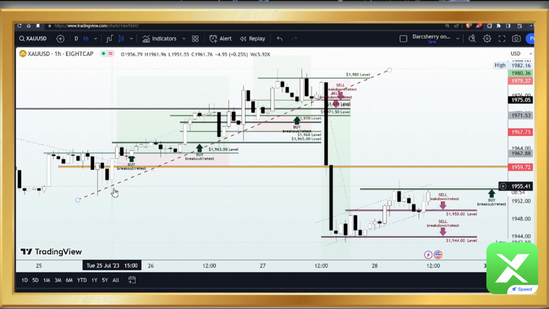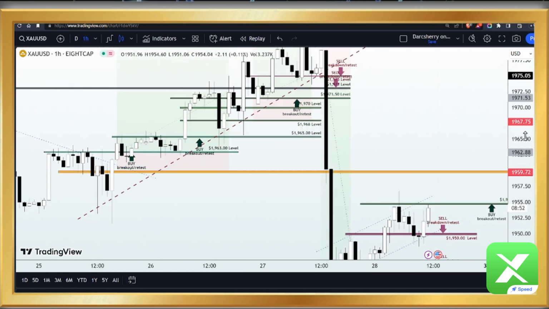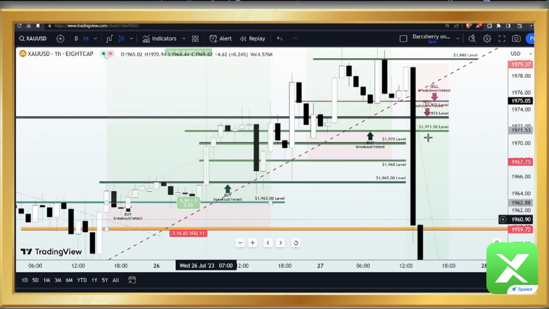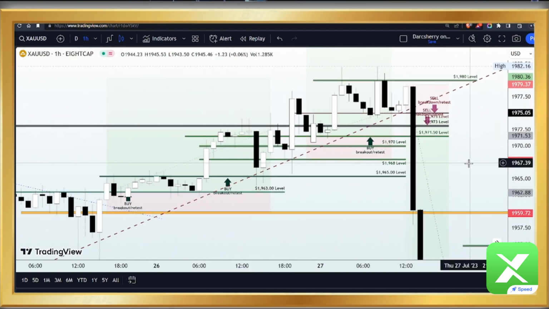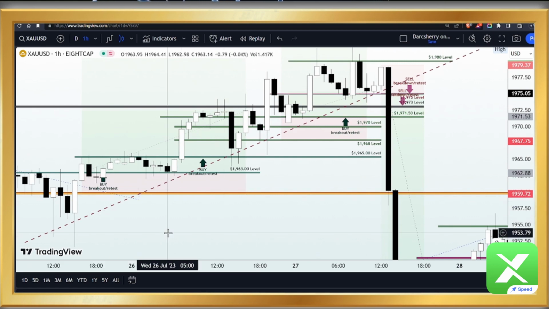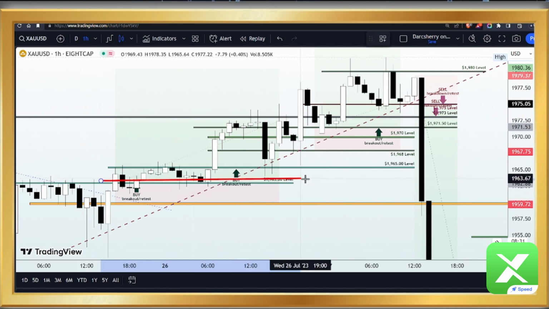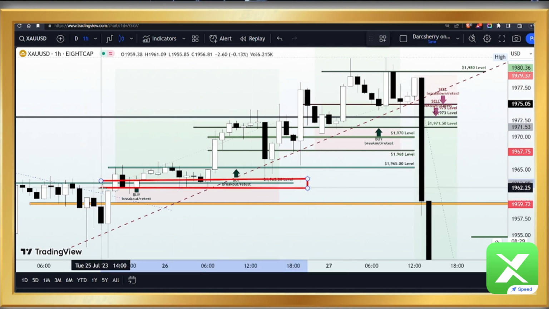Tuesday's trading session. I don't want to go to the first day of the week because that is on another chart entirely. In fact, I want us to use this one as this is what we have been using to guide our trading activities for the last 2 to 3 days now. Remember, on Tuesday we had a buy position when price action broke out of the 1963, and since that moment we have been adding more buy positions